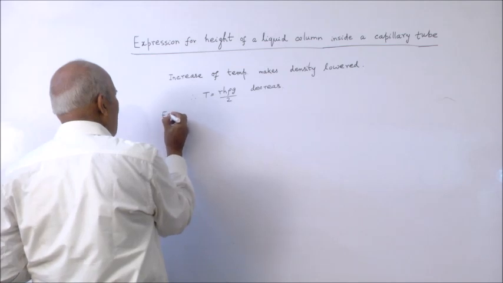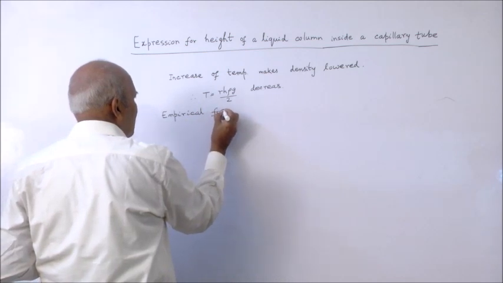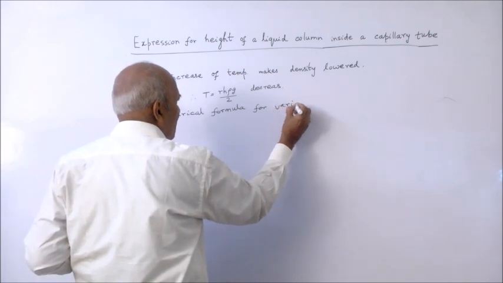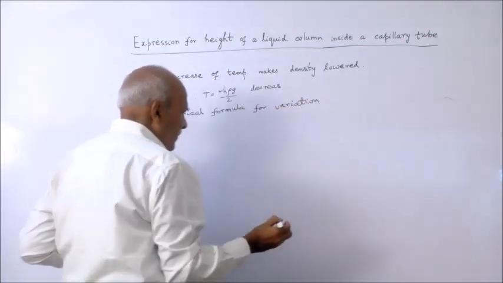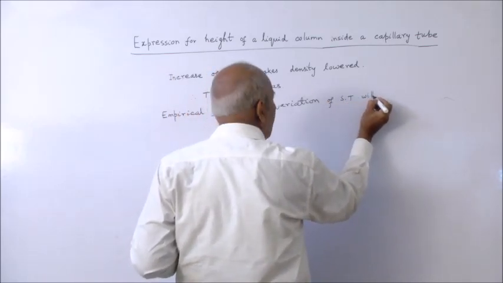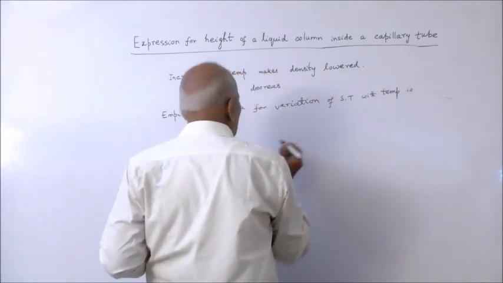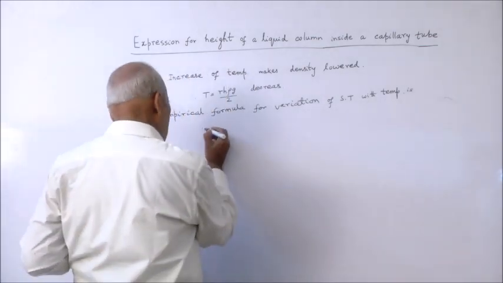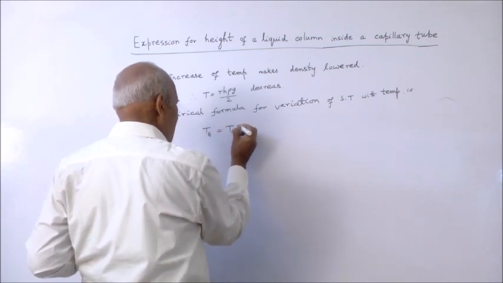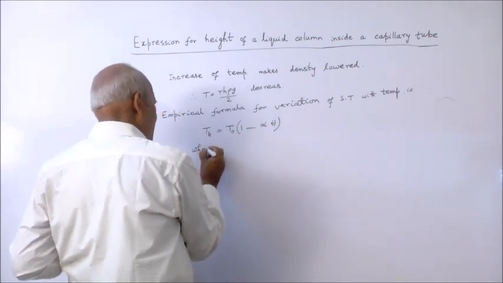So, one empirical formula for variation of surface tension with temperature is given by T theta. This T is not temperature, this is surface tension. T theta is equal to T0 into 1 minus alpha theta, where alpha is